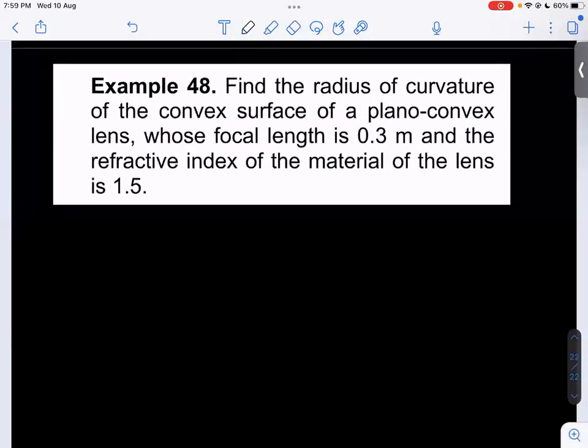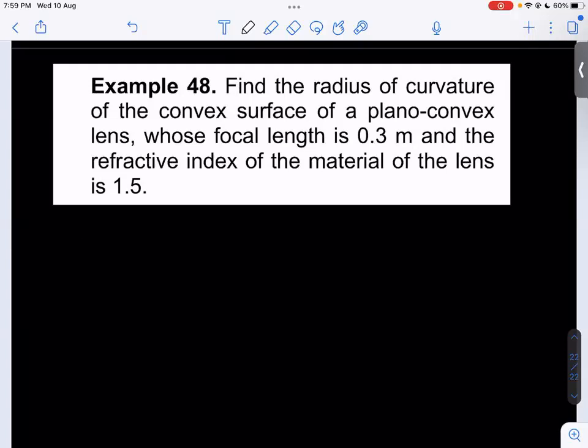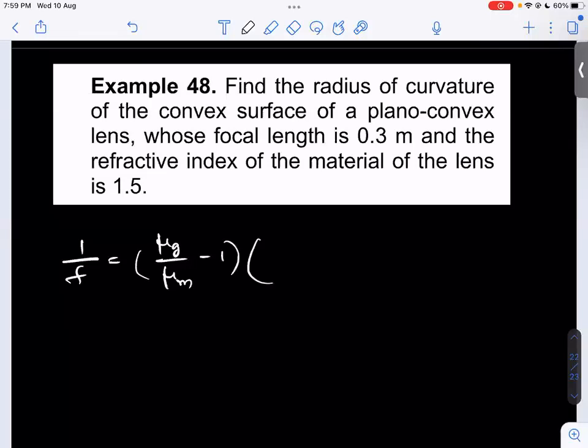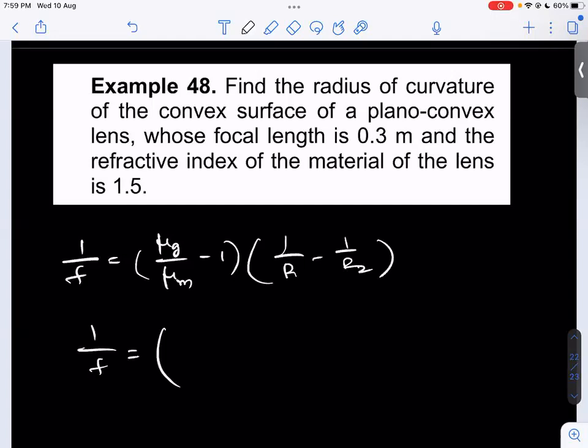Find the radius of curvature of the plano-convex surface. So 1 by f is equal to refractive index of glass divided by refractive index of outside medium minus 1, into 1 by r1 minus 1 by r2. So 1 by f is equal to refractive index of glass is how much? 1.5. Outside medium is 1, into 1 by infinity minus 1 by